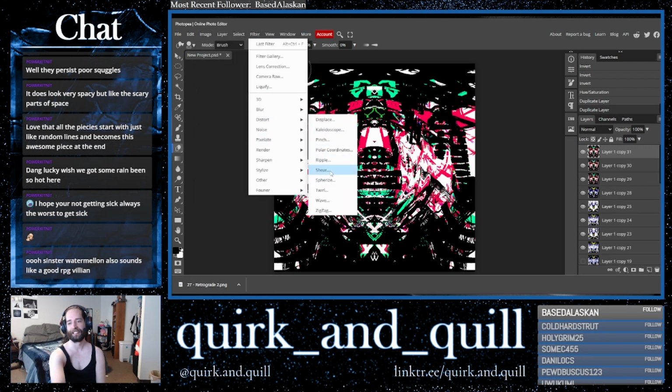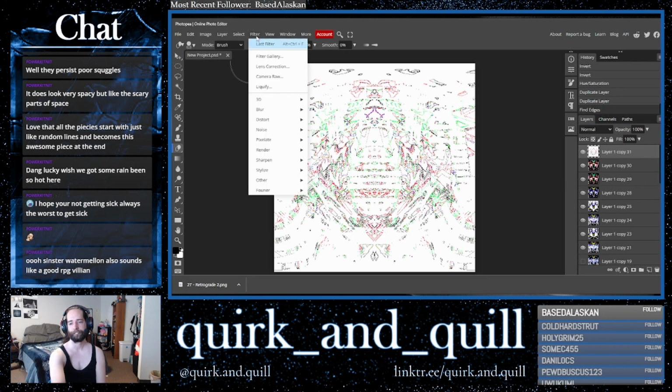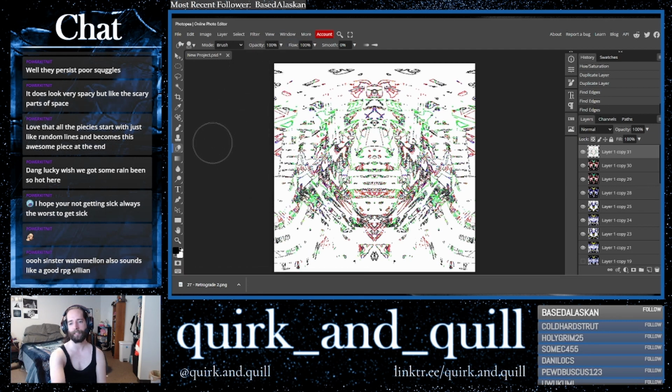Let's see here. We find edges. Is it cool? This looks like that one Pokemon. Not Pikachu, but I think his name's like Sigilyph? It looks like this. You know, that Pokemon.